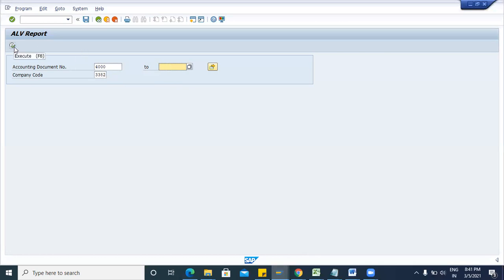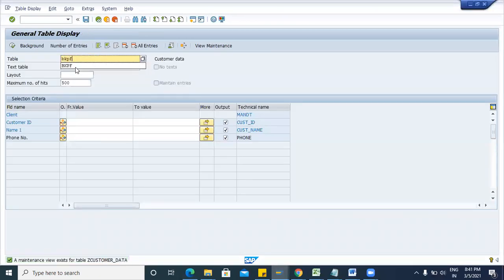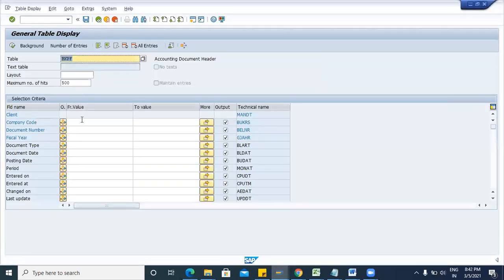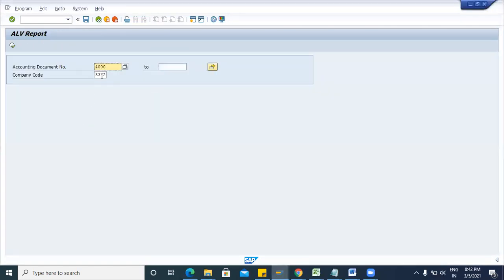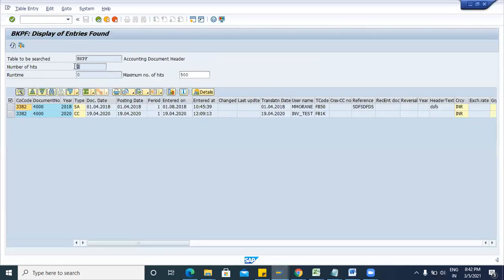So now, first let me show you SE16 and the data for this accounting document number. Just pass all your input: document number 4000, then 3382 for company code. F8. So we have only two entries for this document number and this company code.